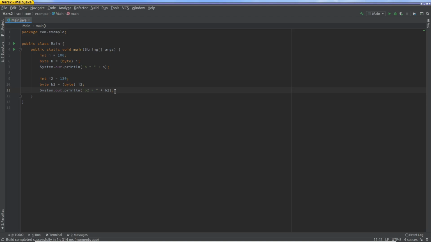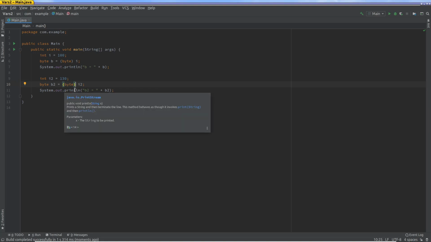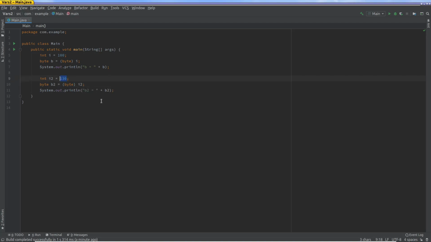The creators of Java said that if you give us this casting syntax, so if you write a statement and include this cast, we assume you know what you're doing. That means we assume that you know that I2 will fit within byte. If it doesn't fit within byte, we are not going to throw you an error. What we're going to do is overflow or wrap around the value that you have here and make it fit within a byte. The technical, mathematical term is modulo.